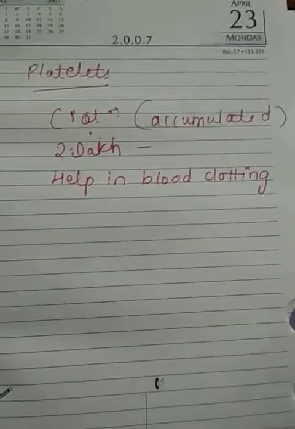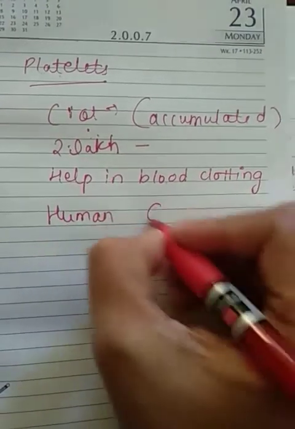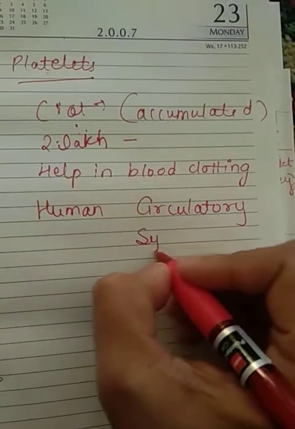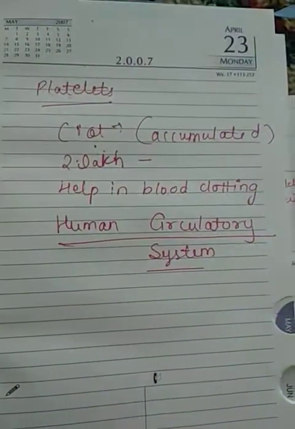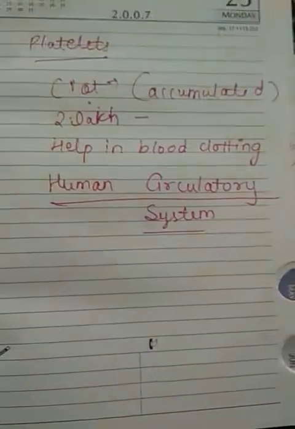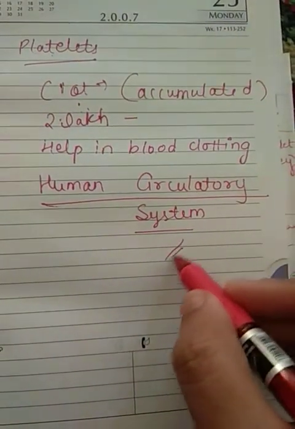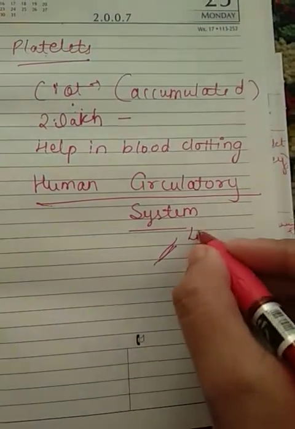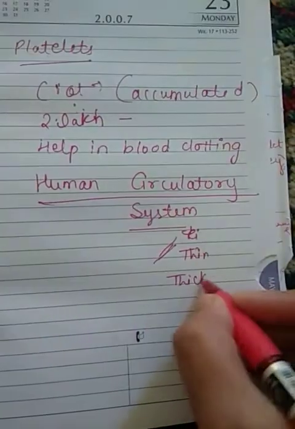So now let us talk about the human circulatory system in more detail. What are the various parts of the human circulatory system and how does it function? Now in human beings also, we have a closed circulatory system. So we have blood throughout our body in lines, with tube-like structures. Some of them are relatively thicker tubes, some are thin. So only within these tubes is the blood confined.